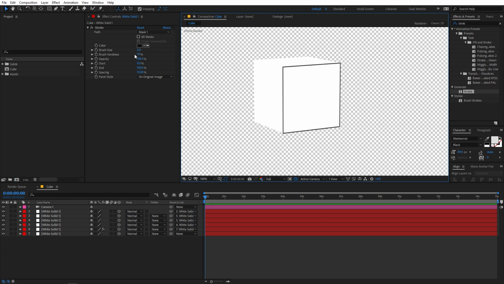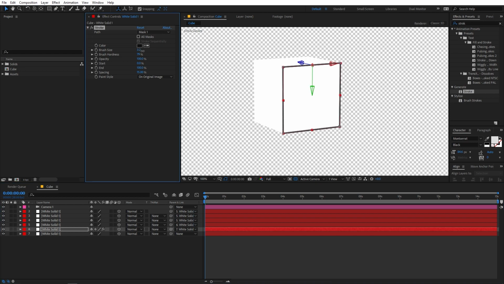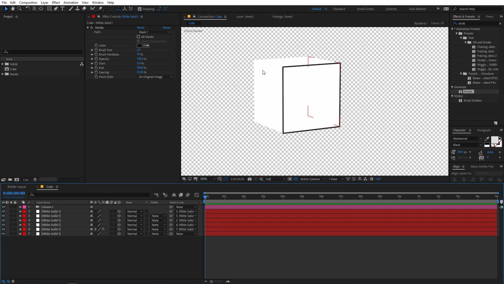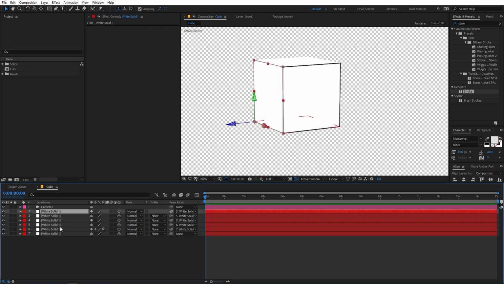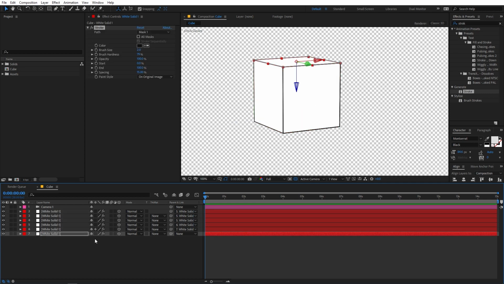Now to make this stroke 3D, we can enable the collapse transformation. So you can just simply click over here, and now the stroke is 3D as well. So if you want, you can increase the brush size, and it's completely up to you. You can go with whatever look you want, and I think let's set this to 2.5, or maybe 2 looks good. Yeah, so now you can select this, press Ctrl C to copy it, and just simply paste it onto other layers just like this.